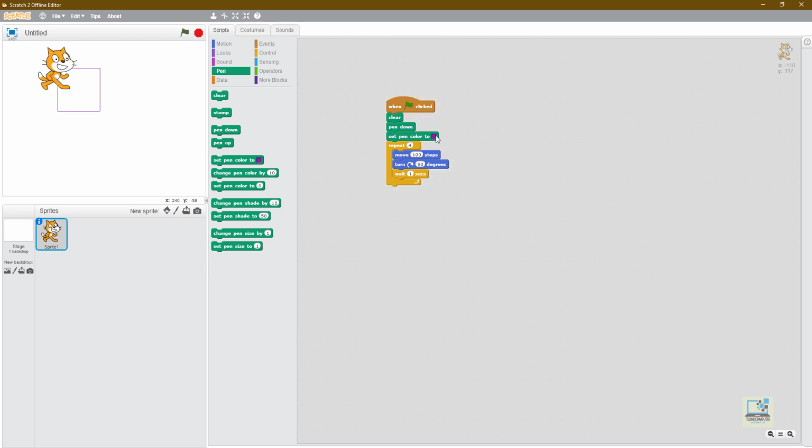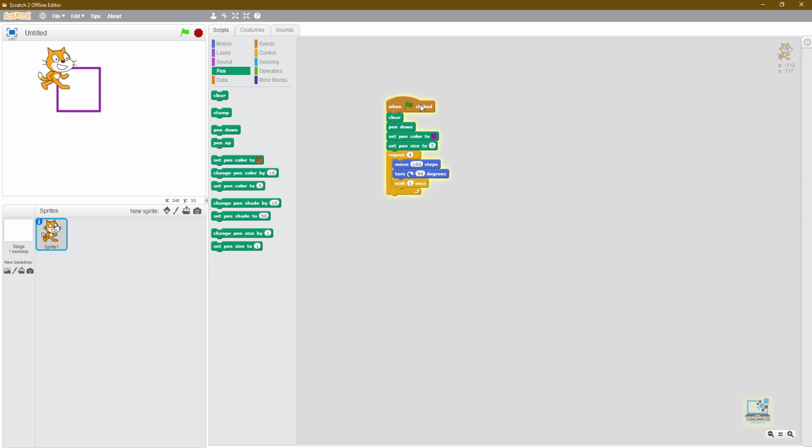And let's say you want to change the thickness of the line, that can also be done using the option called change pen size, or the option called set pen size. So if I use set pen size and I write there, let's say 5, the thickness of the line will be 5.